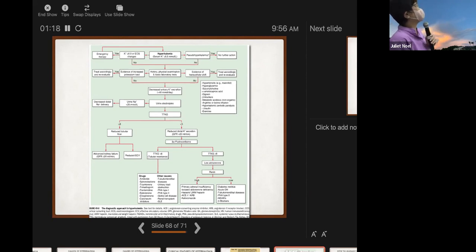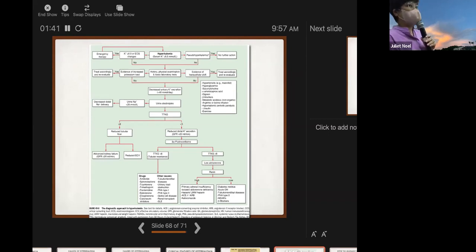If there's evidence of increased potassium load, you treat it accordingly. If there's evidence of transcellular shift, you correct why there's a transcellular shift. If there's no evidence of transcellular shift and no evidence of increased potassium load,